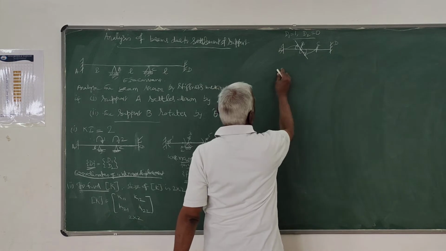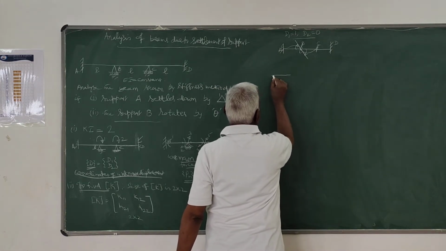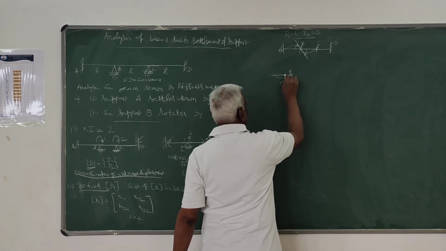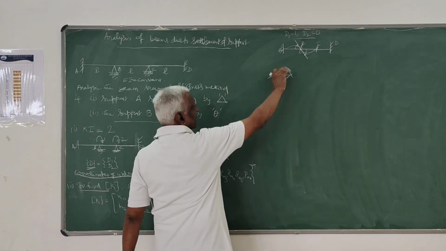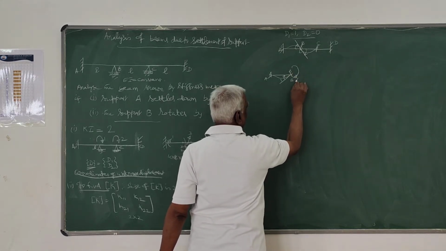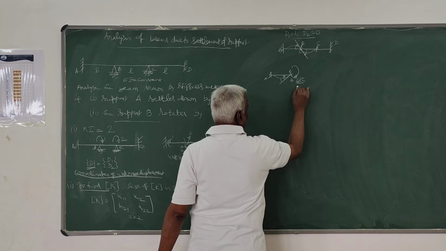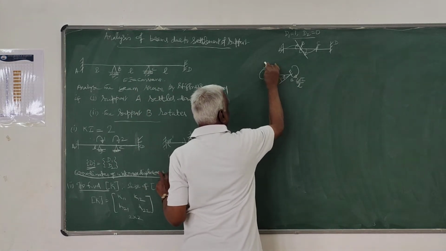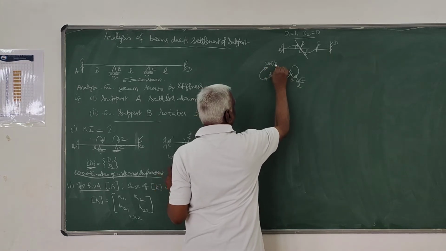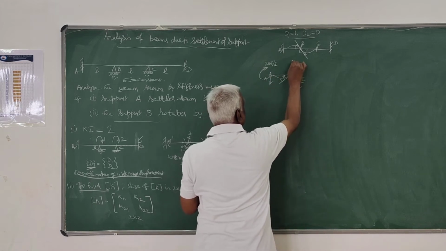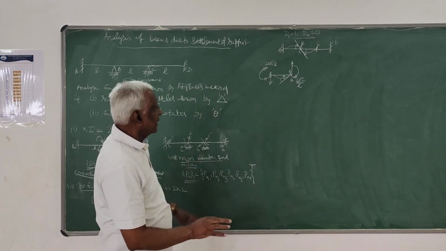So you generate. Here the member affected is AB. So you are getting it like this. This is unit displacement, because when I give unit displacement here, there must be a force here equal to 4EI by L. L is constant. Here I will get 2EI by L, and this will give a clockwise rotation. To resist this there will be an equivalent opposite force, which is not required. That I don't take.